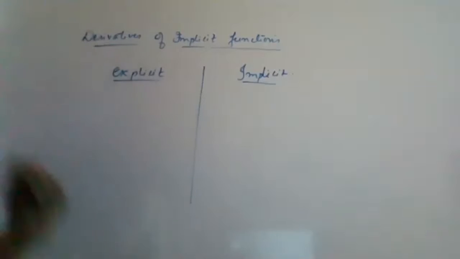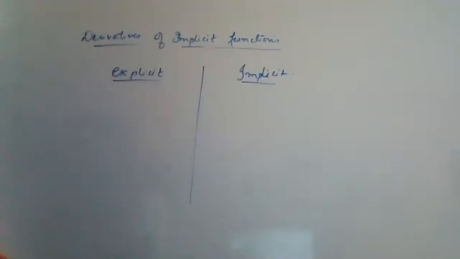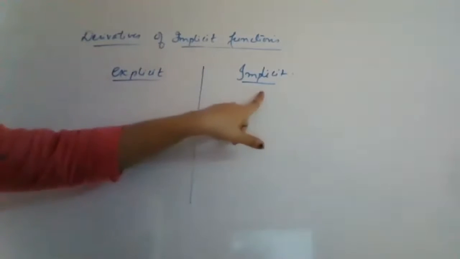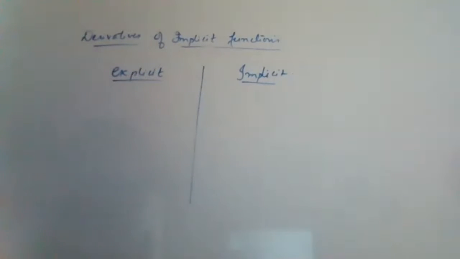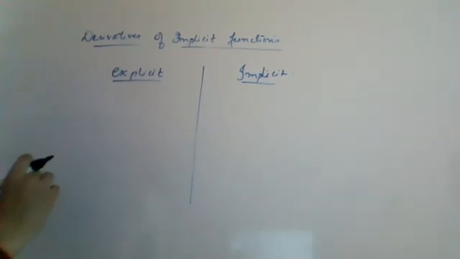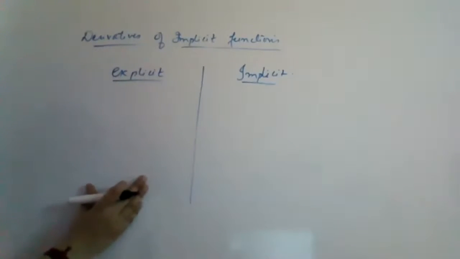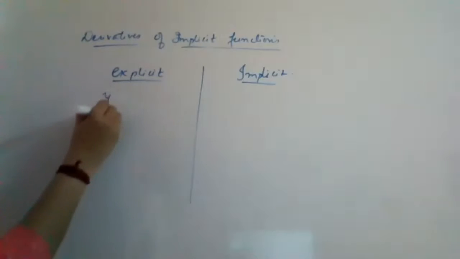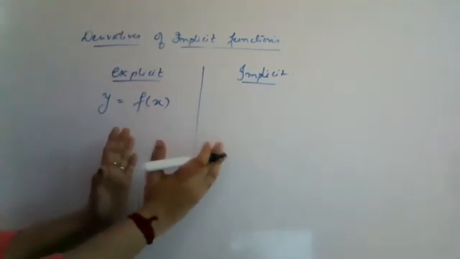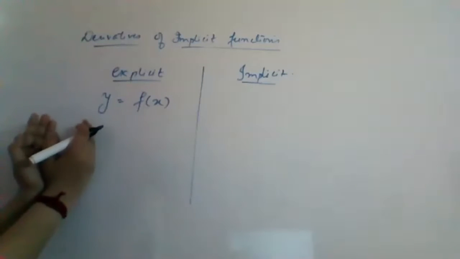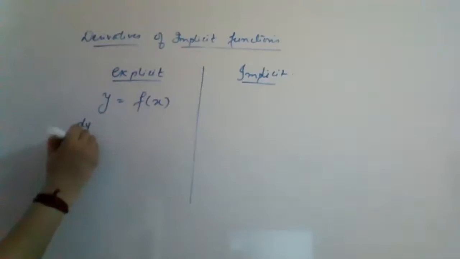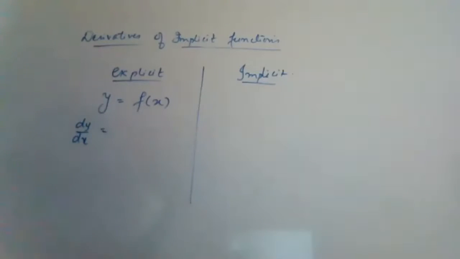Okay, next topic is derivatives of implicit function. In order to know what is implicit function, we are dealing with what is the difference between explicit and implicit. The problems which we have dealt with in the last exercise are of explicit form. That means if you are able to write y equal to a function of x, that means all the x terms together and y you can separate, then that is your explicit form. That means directly you will differentiate with respect to x and find out what is dy by dx, right?